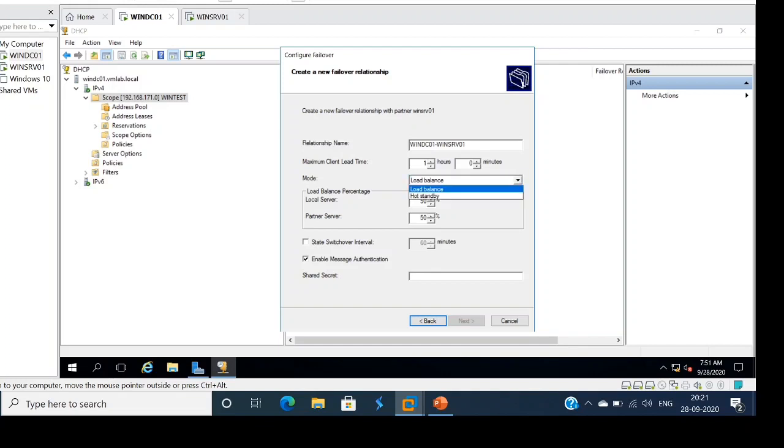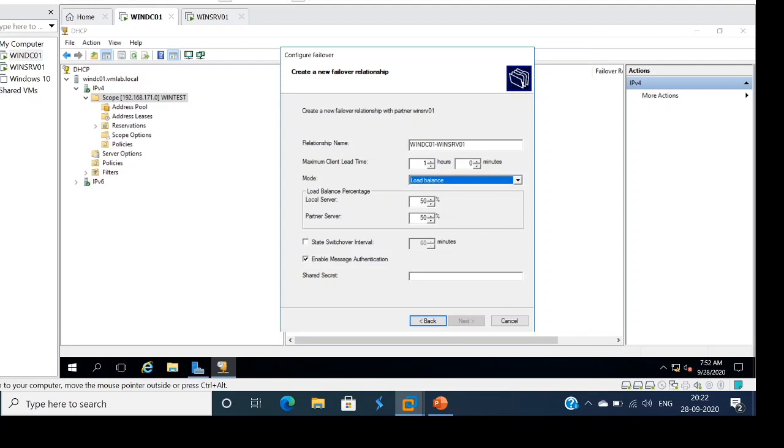And the standby, like I said before, is active and passive. Only one server will be active and serve all the requests to the DHCP clients when the primary server goes down. So the other server will be active, then the DHCP client machines can get an IP address from the other machine, the standby, secondary machine.